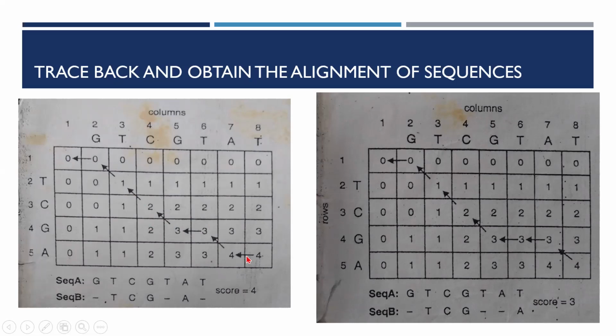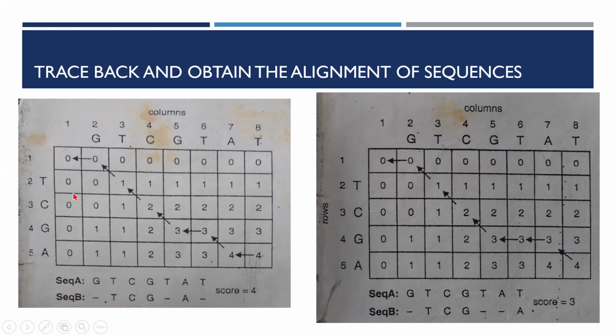From this trace back path, we can obtain the alignment. The horizontal move indicates a gap, that means G aligned with a gap. This diagonal move indicates a match: T aligned with T. Then again, C aligned with C, G aligned with G, and again the horizontal move, that means T with a gap.